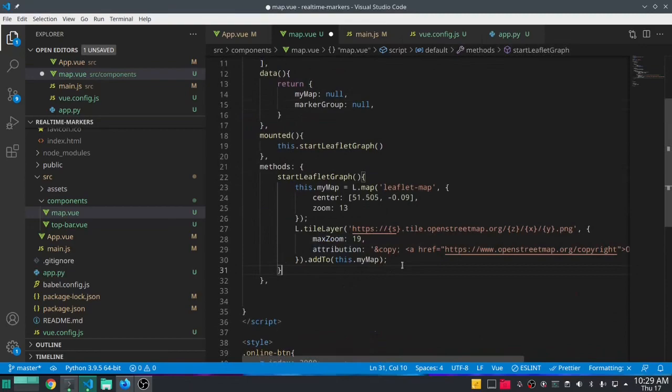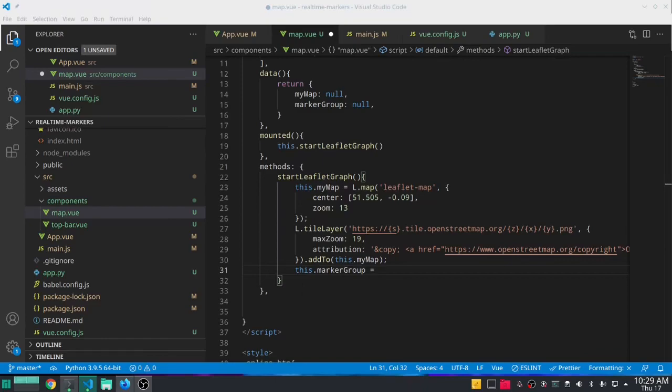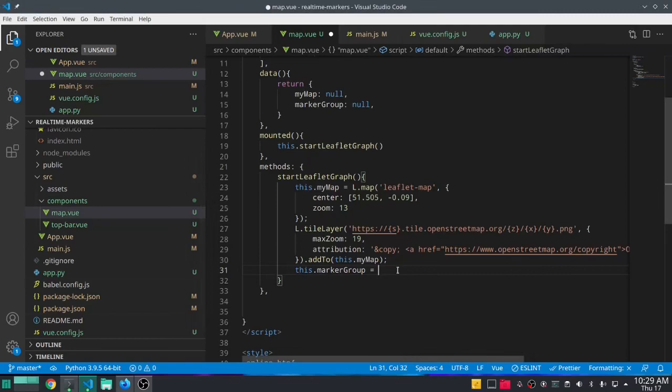And we do that by adding it to the map in a similar way that is being added here. We do this.markerGroup equals, let me get the exact syntax real quick. Okay. this.markerGroup equals L.layerGroup, because each group is its layer, addTo, and we're adding that to this.myMap. And that way we should have marker group set up to where when we add the marker, it gets added to the group,